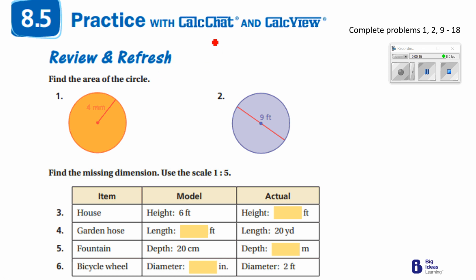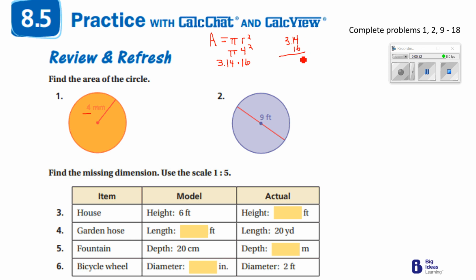I want to remember my formula for area is pi r squared. So all I ever need is my radius. They're giving me my radius, 4 right here. So that's going to be 4 squared. And then I'm going to multiply it to pi, which is 3.14. Well, 4 squared is 4 times 4, which is 16. And now 16 times pi, well, remember that's 3.14. If I take 3.14 and I multiply it to 16,